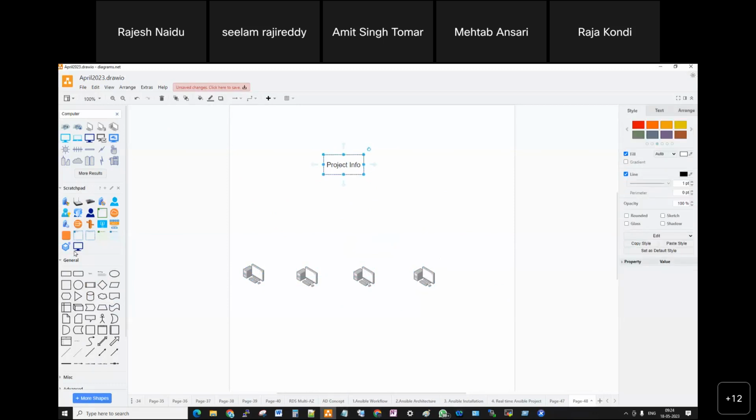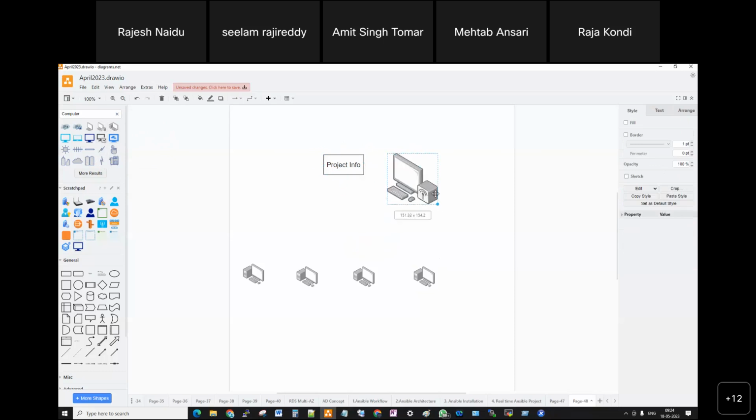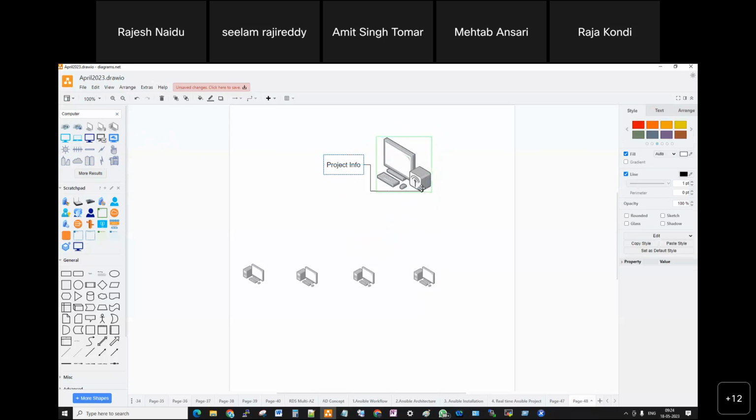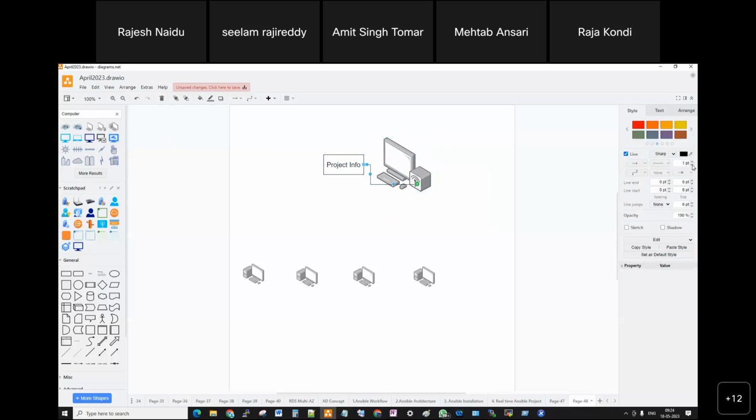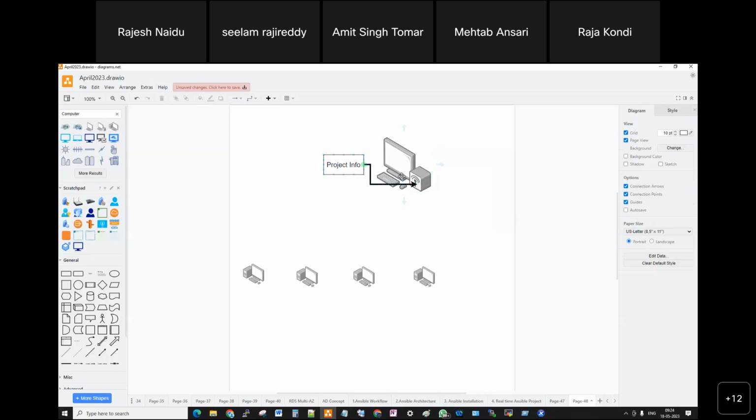This project info will be running on one of the servers. See, on one of the servers, this project information will be stored. It's very confidential.